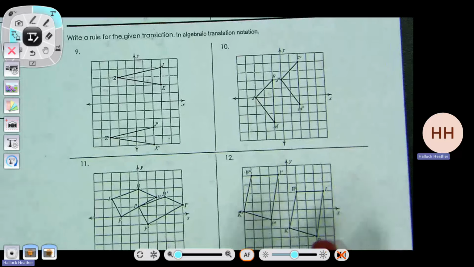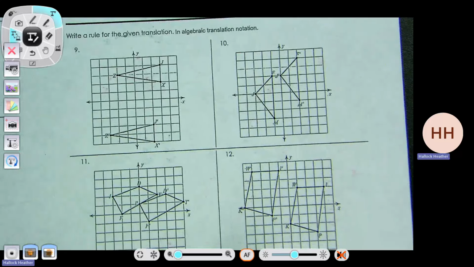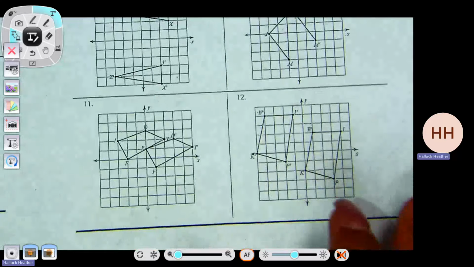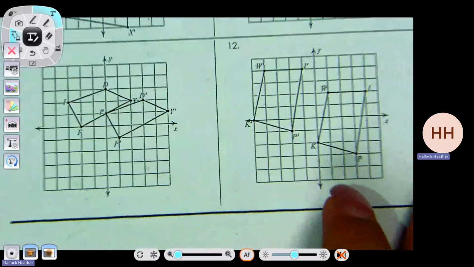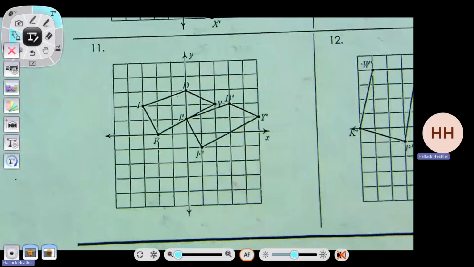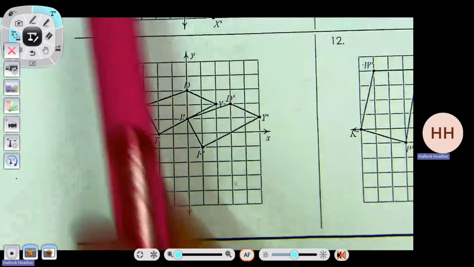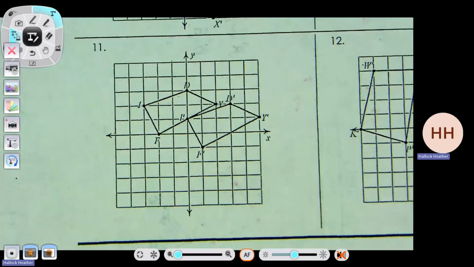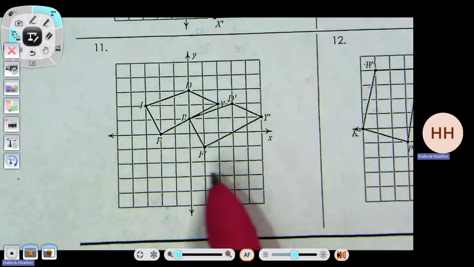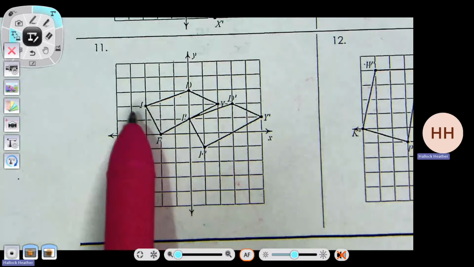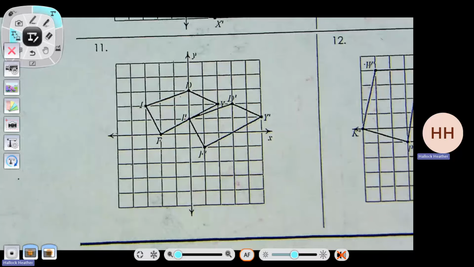They give you the pictures. Let's do number 11, because when you have a different picture and it's not a triangle, you're going to be like, we didn't do this shape. So let's do one that's weird. It says write a rule for the given translation in algebraic notation. If you look at number 11, it already moved. You have to figure out in words what happened